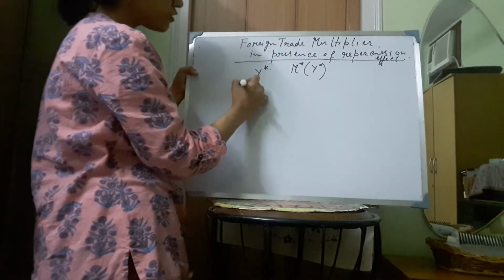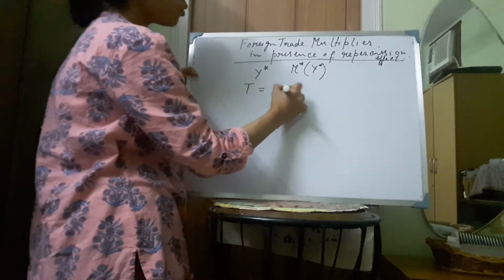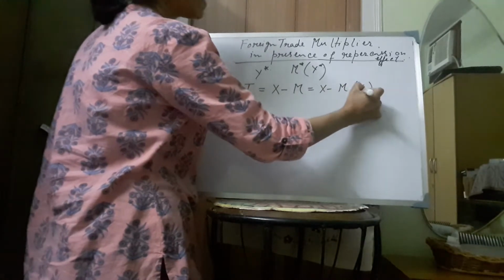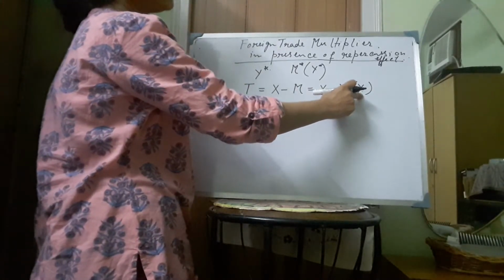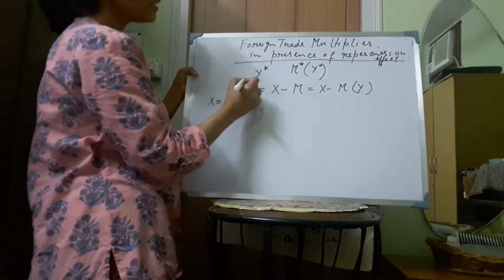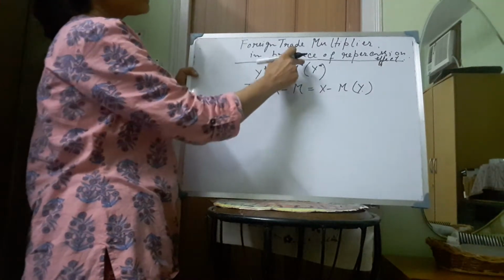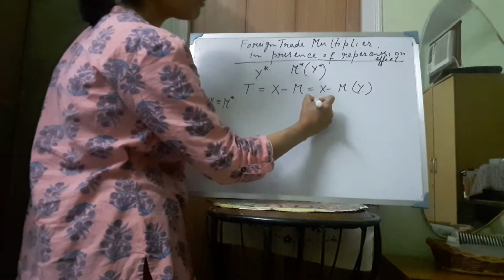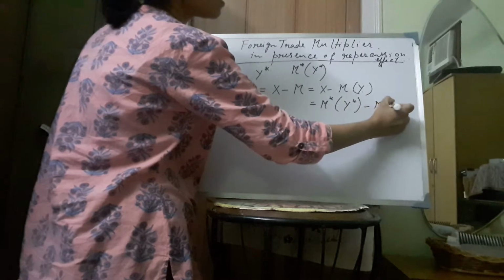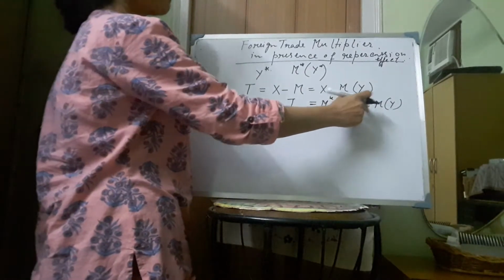So when we are considering the trade balance of the domestic country, then trade balance is equal to export minus import. Now we know that import is a function of Y, and Y is the income in the domestic country. Now our export is equivalent to the foreign country's import. So we can say that X is equal to M star. Now we know that M star is a function of foreign income. So in place of X we can write M star Y star minus M. So our trade balance is equal to M star Y star minus MY.